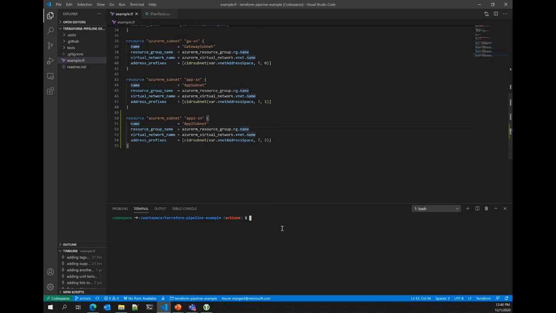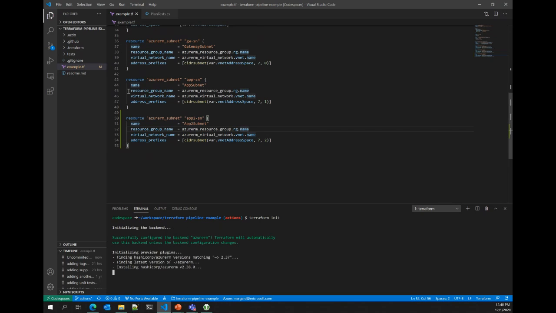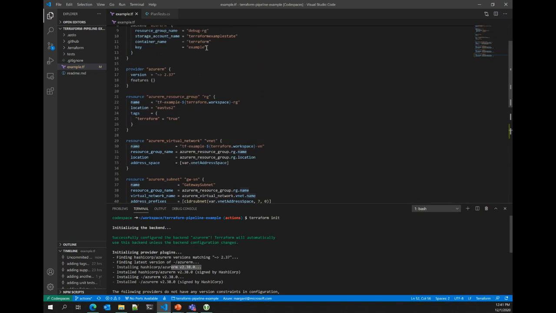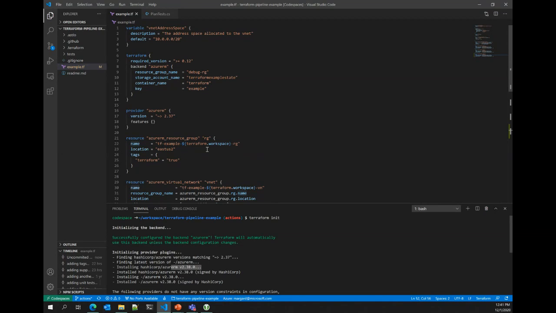All right, so we've added our new change. So let's walk through our first example here. We're going to init. It's going to initialize the backend, which basically is connecting to that remote state store. And then it's going to start downloading my dependencies. And if we pay attention to what just happened, remember, in my code up here, I said I wanted version 2.37, but what it downloaded was version 2.38.